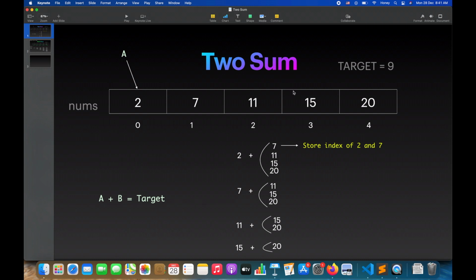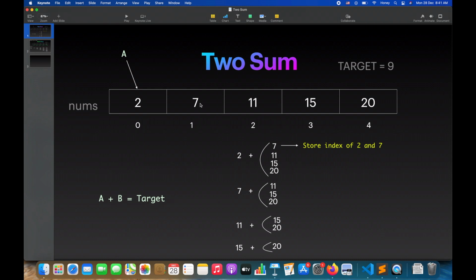First of all, we will look at how to solve our problem through the brute force approach. In the brute force approach, let's say a plus b should be equal to target. We will take a as any number first, like let's say we take a as 2. Now we will check whether 2 plus 7 equals 9.